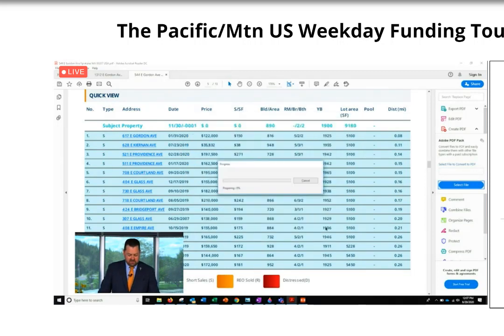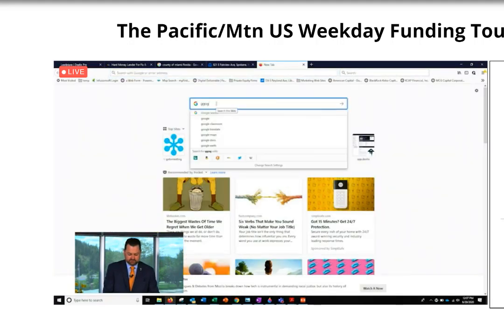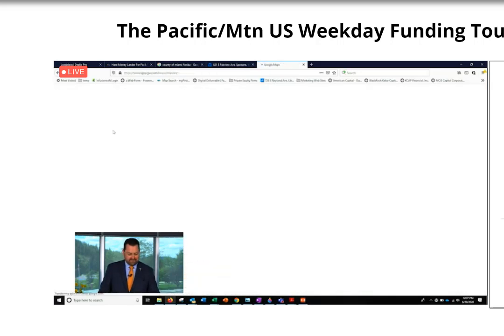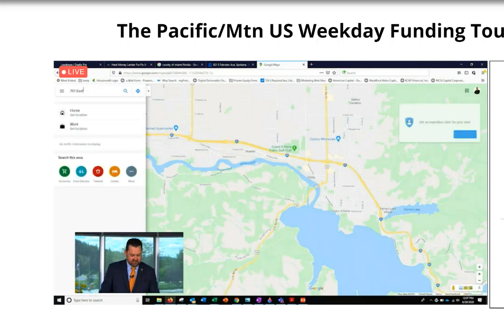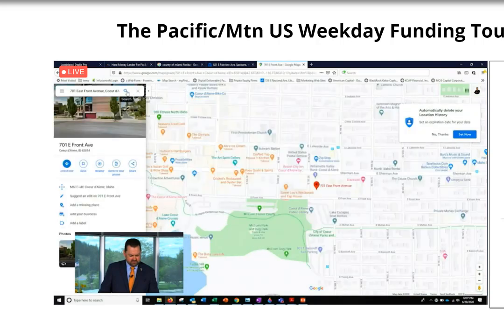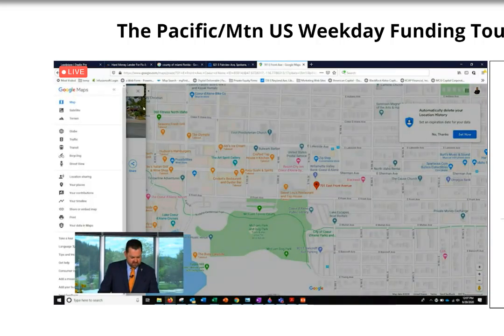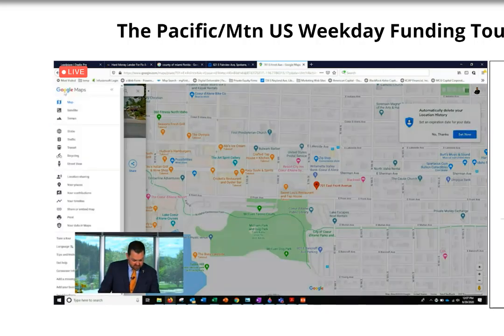Okay. Now we're going to print it so that we have it when we get out into the field. So we'll print that off. Now, one last thing we do before we jump in our car. Okay, we're going to go over to Google Maps. Right here. Okay. Now, you always put in your starting address, and we are leaving our corporate offices here in Coeur d'Alene, East Front. There we are. Okay. And then we're going to do driving directions. Okay. And we're going to drive to